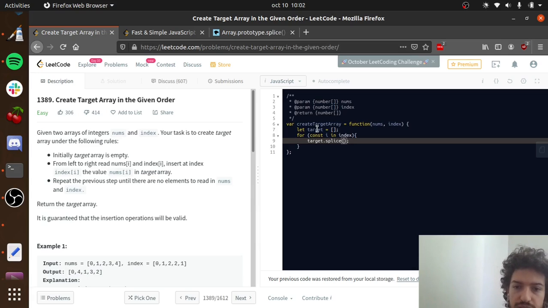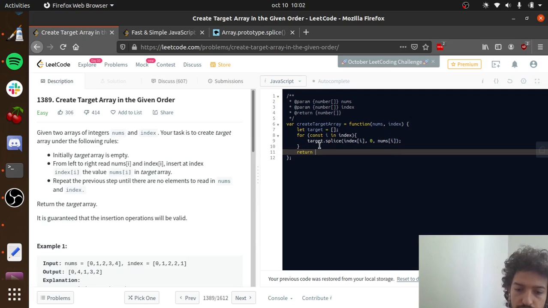and then splice has three values, and the first one is the start. Okay, only the first one is obligatory really, but yeah, I'm going to use three values. Start, I'm going to start in index i, and then I'm going to delete 0 things, and the value I want to insert is nums i, and that's all really. And yeah, I have to return target,